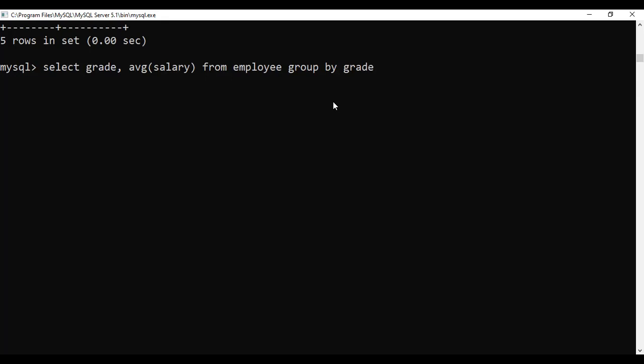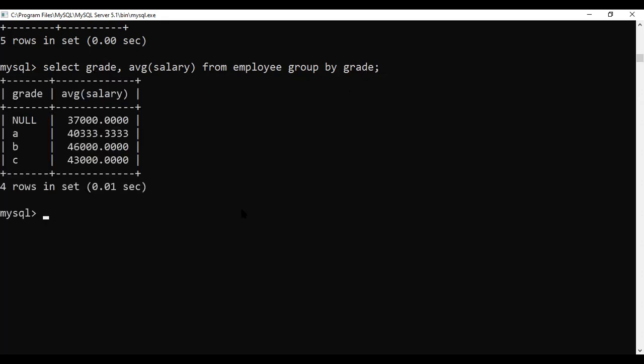When I say each grade, that should be the first column. Each department means that should be the first column. Then what is the function? You can see over here, it is grouped like this way.